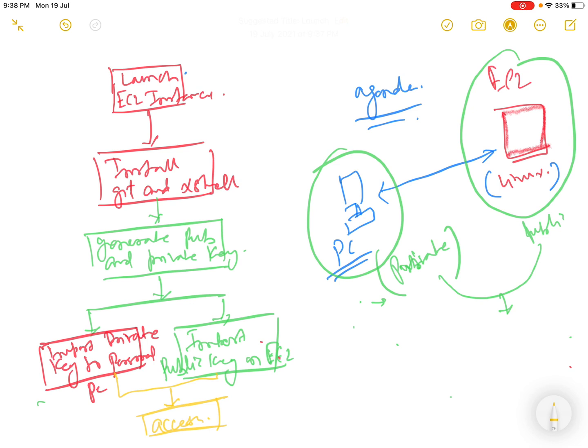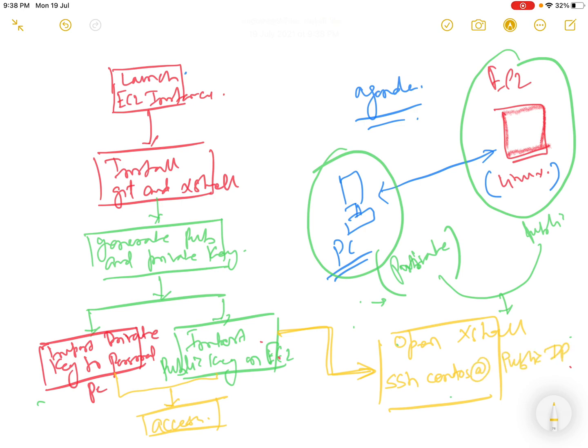So how are you going to take access? Now open Xshell, and you have to write ssh, and if the instance is a Linux CentOS instance, then you write it like this, @ public IP.